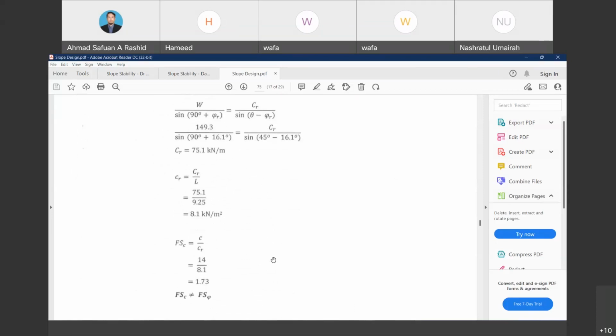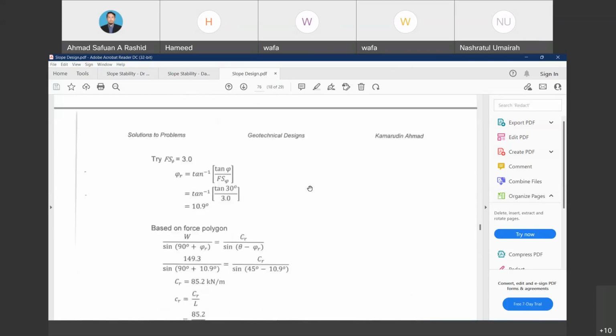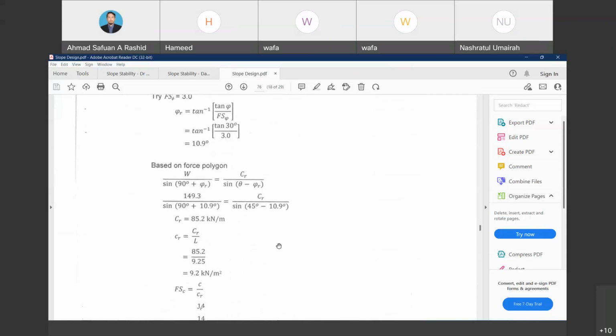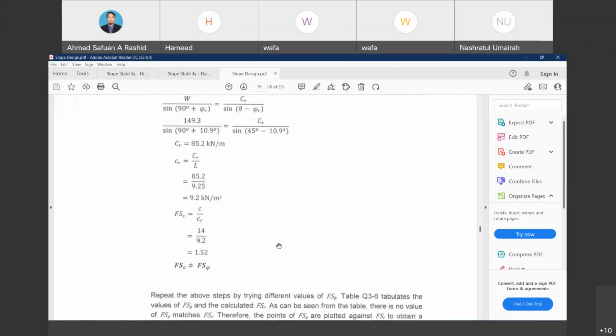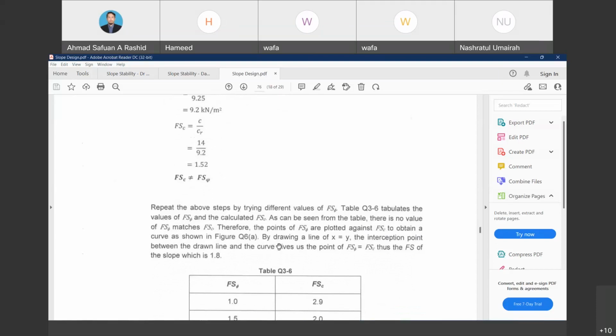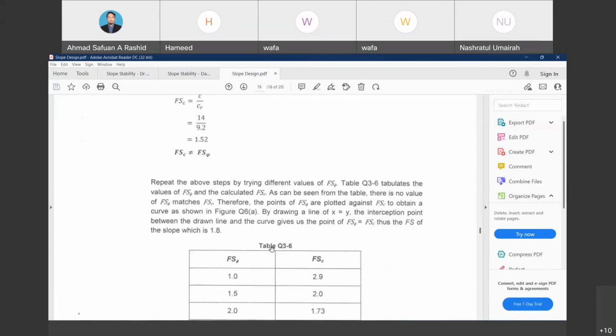So the third attempt, which is sufficient to determine the relationship. So for example, the FSV is equal to 3. Then we obtain 10.9. Then we work out to determine the CR. Then we obtain 85.2. So FSC is still not equal to FSV. So then we may plot